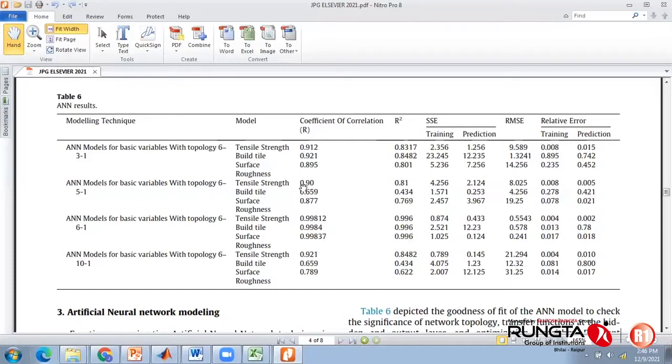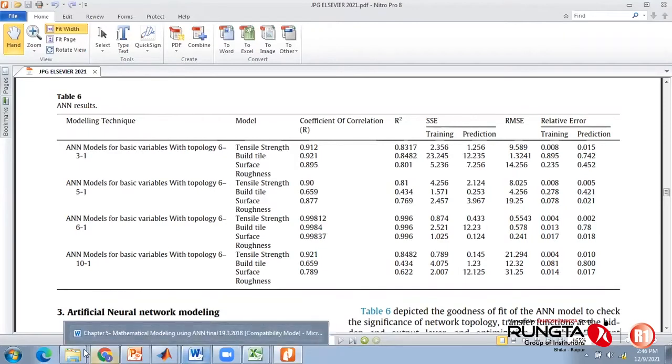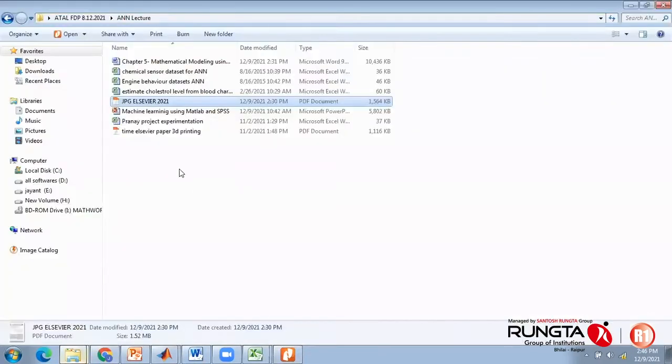But compared to this, I also need to select the root mean square error or mean square error, so I need to check this one also. Even if I am getting a better coefficient of correlation on this side, whether I am getting a lower RMSE, root mean square error, is a big question which somebody needs to answer. I will explain this table at a later stage. This is the information I would like to share with you: in a research paper you can present a table like this. It may be even much better than this. I will show you if it is with my other paper.